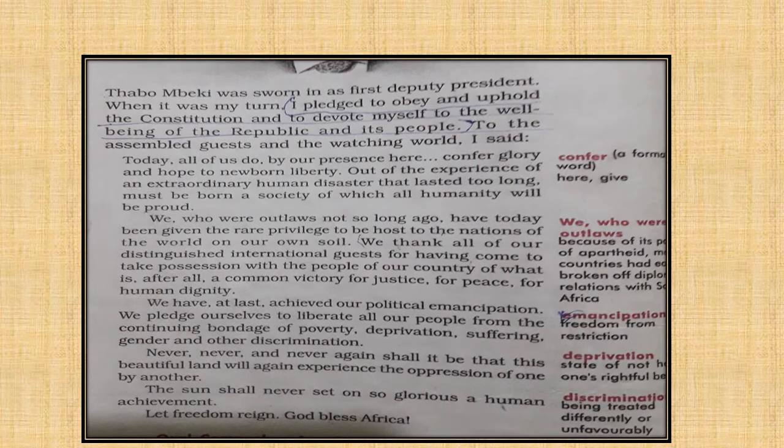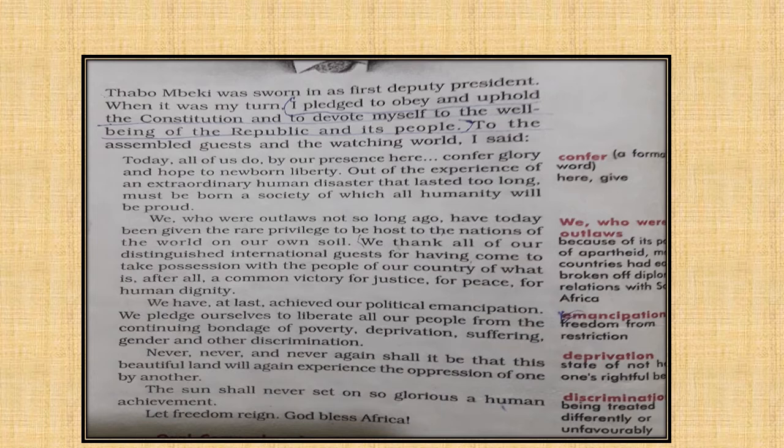Let's continue reading. Then, Thabo Mbeki was sworn in as first deputy president. When it was my turn, I pledged to obey and uphold the Constitution and to devote myself to the well-being of the Republic and its people. To the assembled guests and to the watching world, I said,